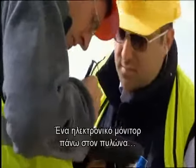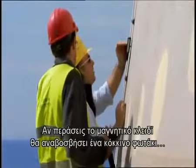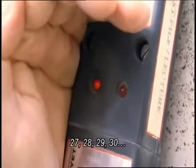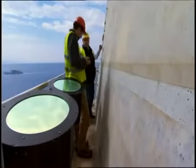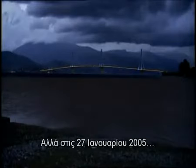An electronic monitor on the tower records each time lightning strikes here. Slide a magnetic key, and a little red light will flash once for each strike since the device was installed. 26, 27, 28, 29, 30. 30, Philip. The lightning rods work time and again, but on January 27th, 2005,